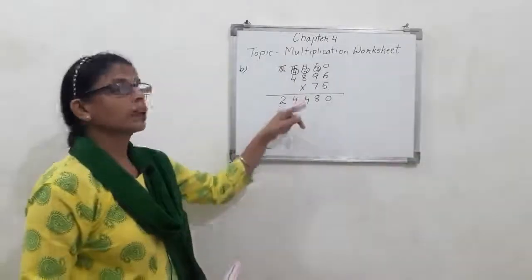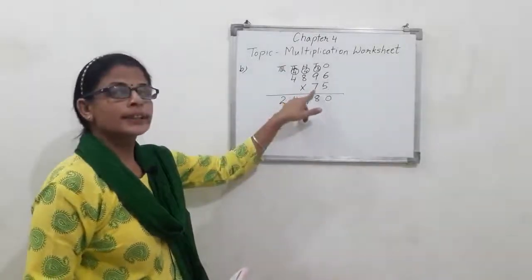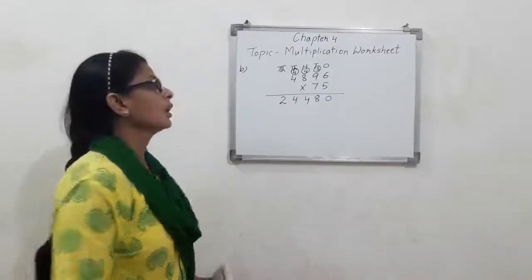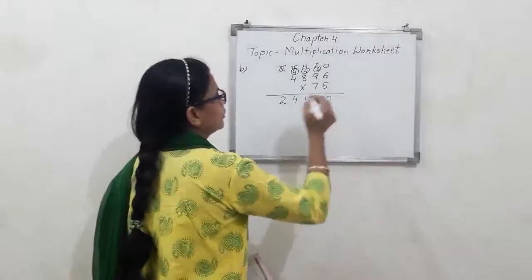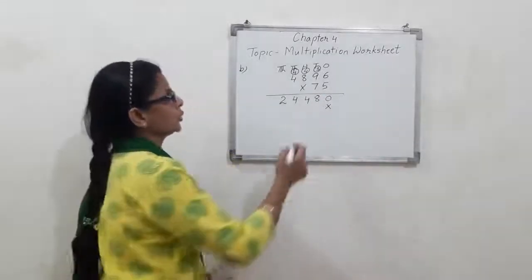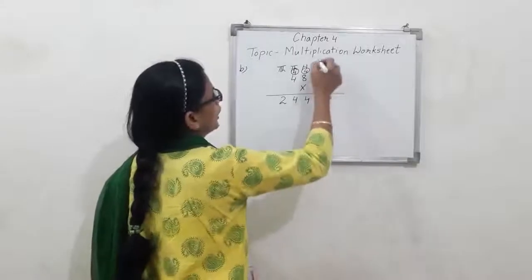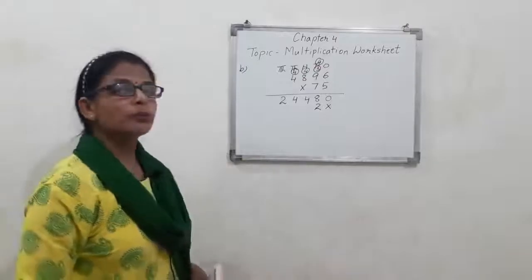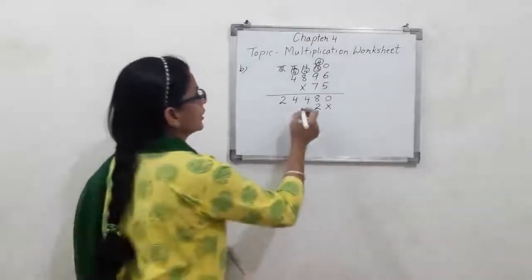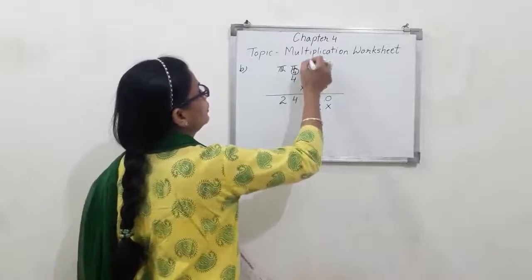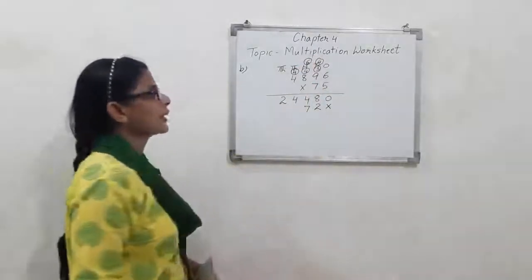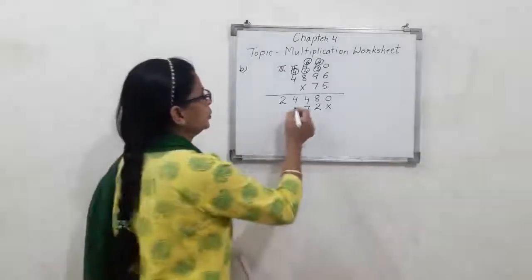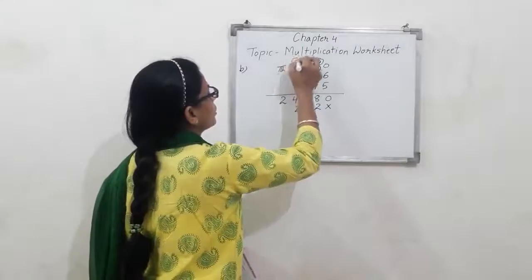Now we have to multiply by the tens place. What is tens place? 7. So the ones place will be replaced by what? Yes, it will be replaced by a cross or 0. 7 6s are 42. 2, 4 will be carried on the tens place. 7 9s are 63. 63 plus 4, 67. 7, 6 will be carried on the 100 place. 7 8s are 56. 56 plus 6, 62. 2, 6 will be carried on the 1000 place.